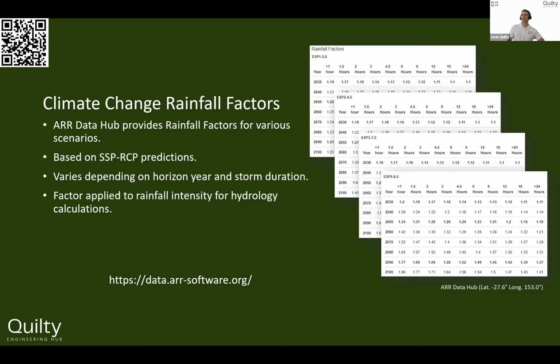And yeah, I'll be interested to see once people start crunching these numbers, designing roads and pipes, and then all of a sudden you've got to apply a factor of 50% more, up to 80, almost 90% more rainfall. Just see what happens and how we manage that. So they're the climate change factors. You multiply them by your rainfall intensity, and that'll give us our best guess as to what might actually happen in the future.